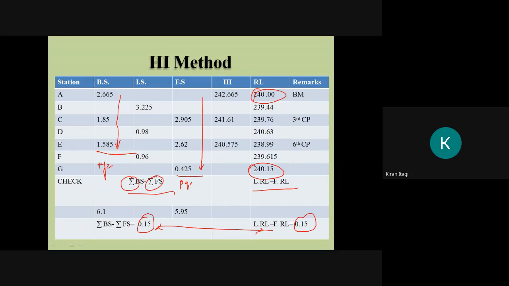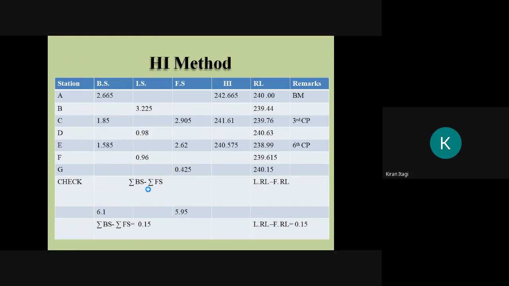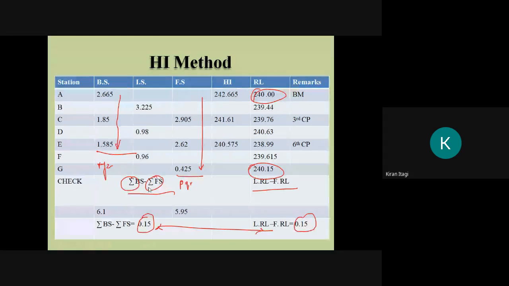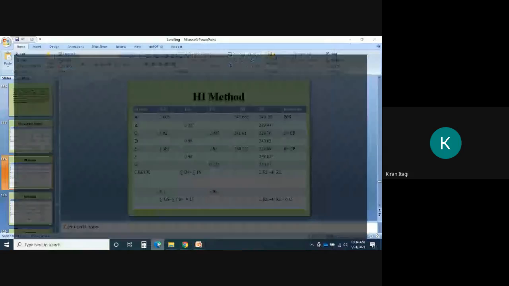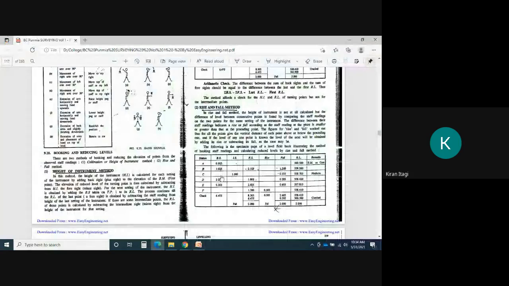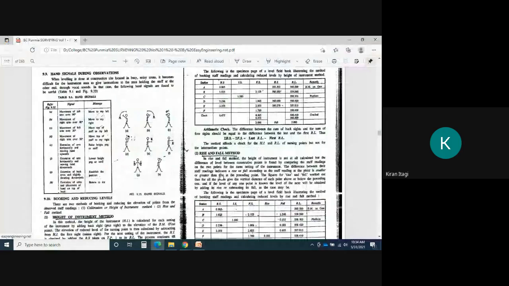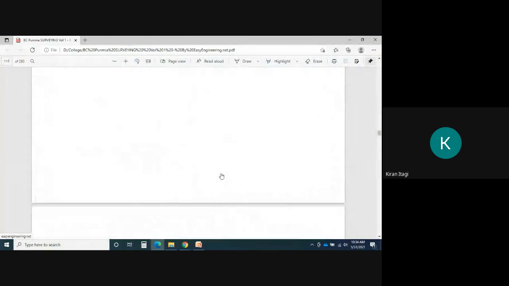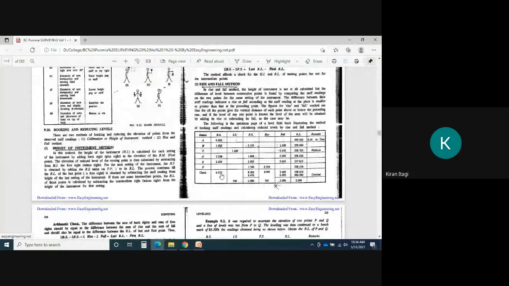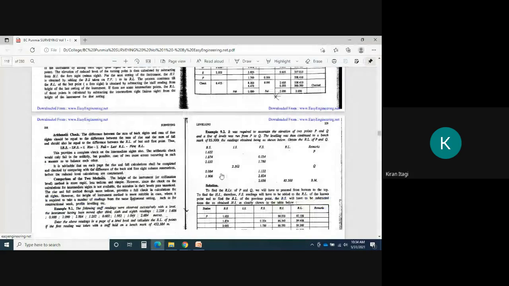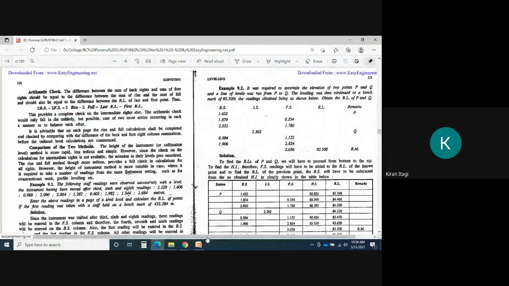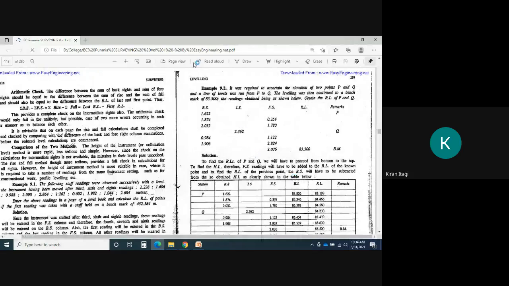This is what we have done in the height of the instrument method. In last class I showed you one example to go in a reverse order. If you have not understood this one, I will explain here how to do it. Actually, these types of questions they will not ask in the exam. Okay, but in competitive exams these